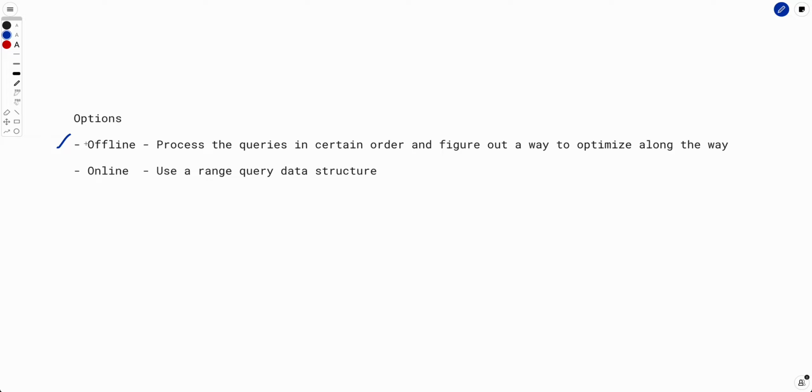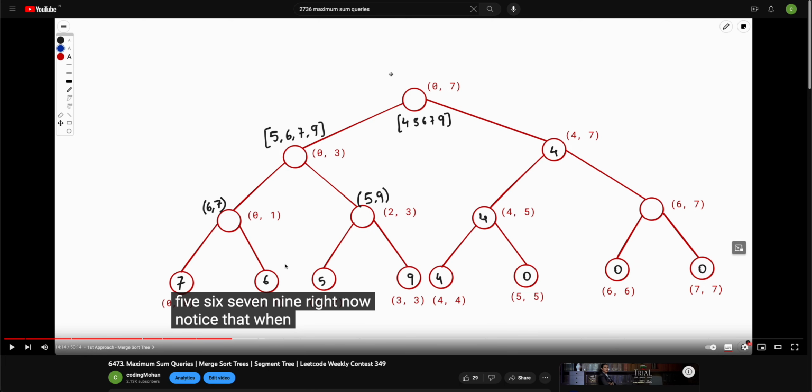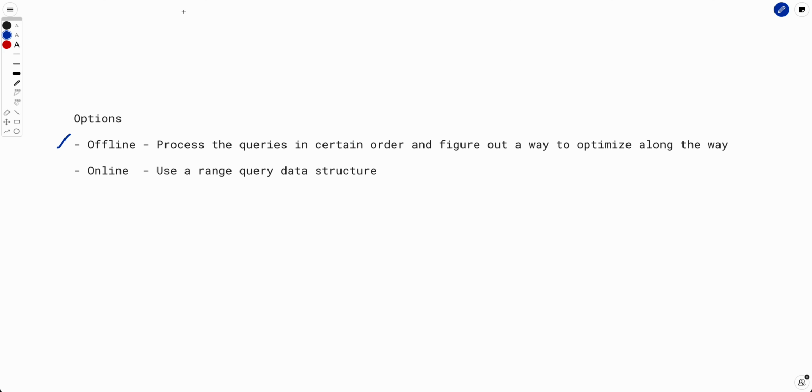If you just want to understand what an offline query process looks like, there is a very nice video that we have recorded previously, which is Maximum Sum Queries. This is a LeetCode problem. I would link the video as well as the problem in the description down below. In that video, we have discussed how to utilize offline queries. Okay, so with that, in this particular video, we'll be looking at an online query method,